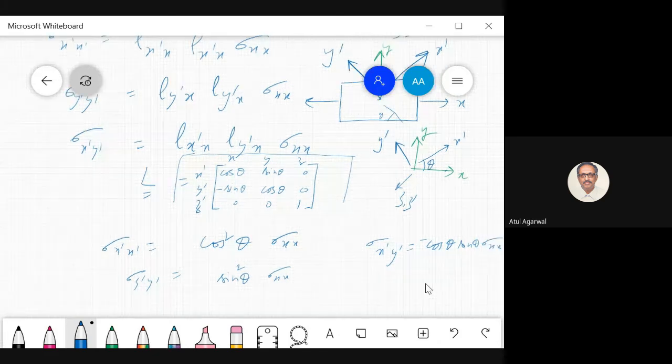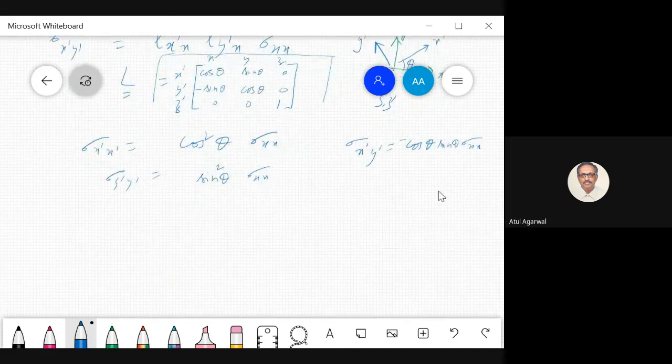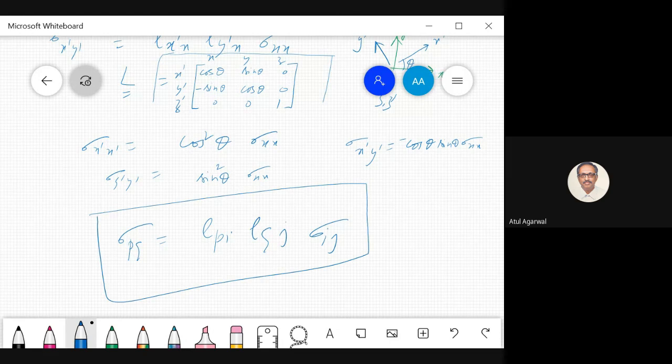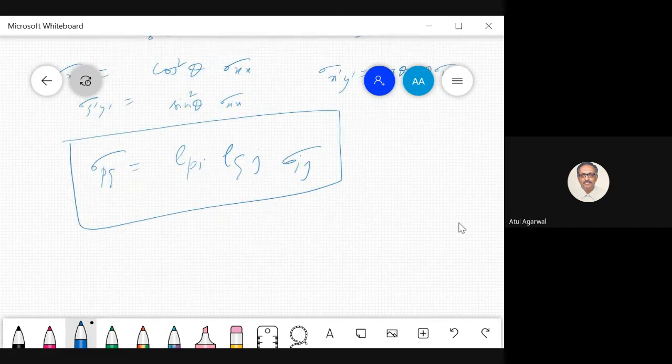So you see, I use this formula to get my results. This formula works for three-dimensional situation. It is not restricted to a 2D plane state of stress. So this is a very general formula. You will not find in lot of books. So this will help you throughout 4 years. And had you used the formula which is there in most of the books, that works mainly for plane state of stress.